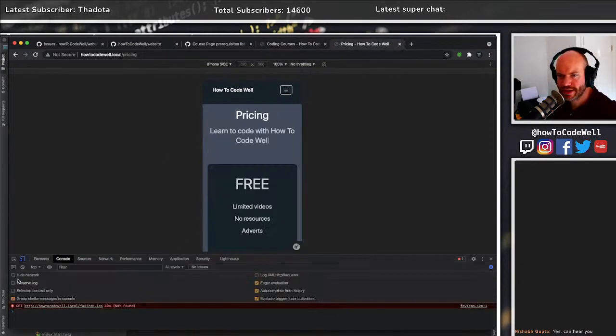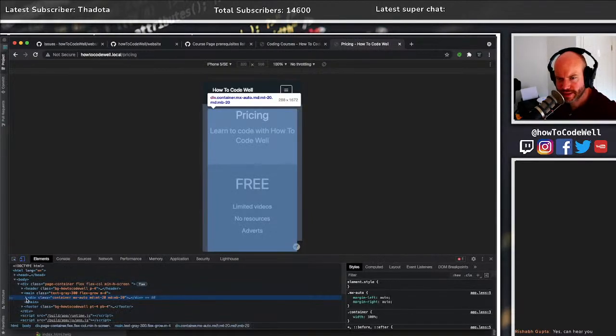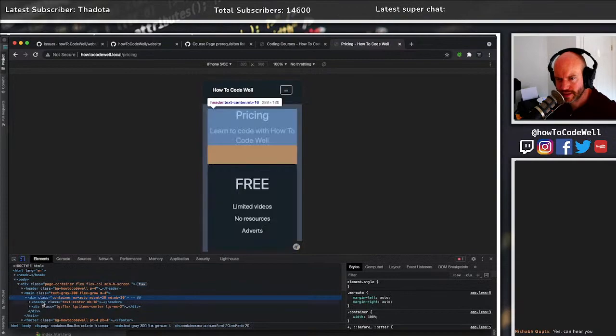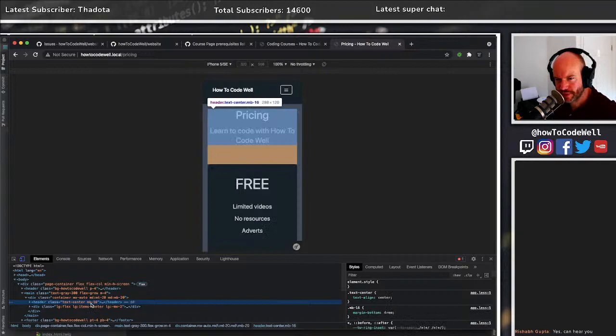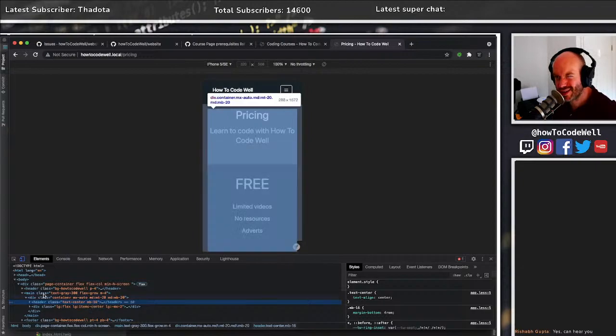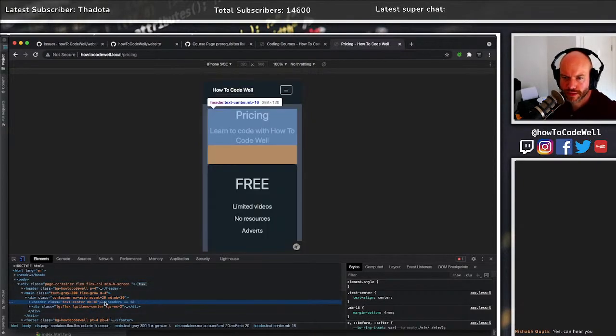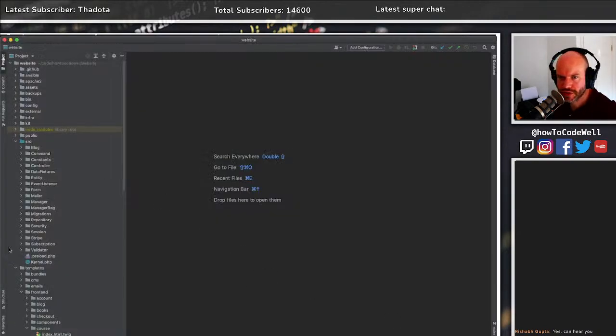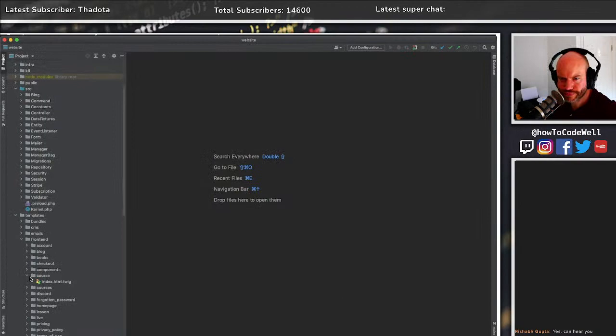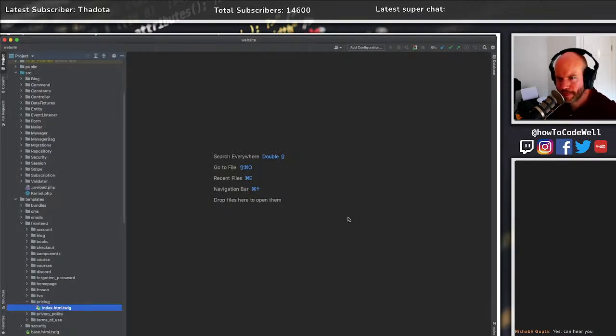So if we had a look at this one, margin bottom of 16. So this, I think, needs to be a margin bottom of 4 and then a margin bottom of 16 on MD, I think. I think that's it. So let's go into our pricing template. Down in here.